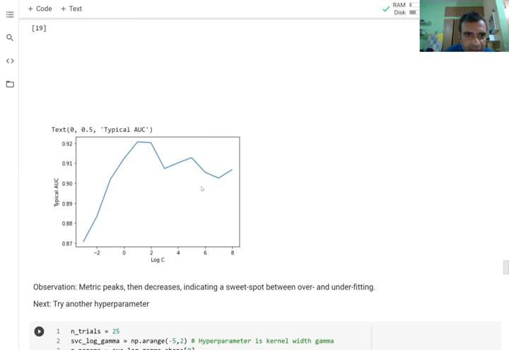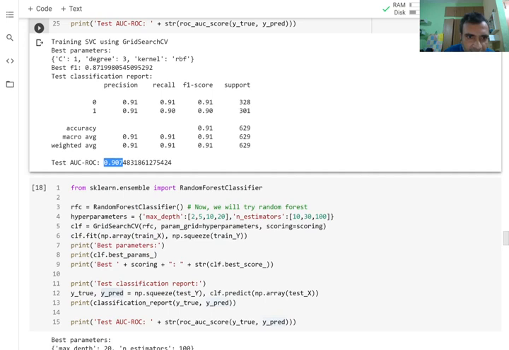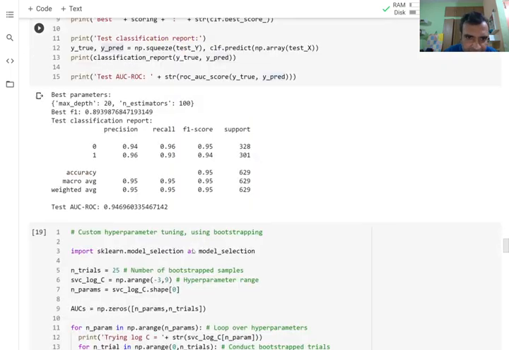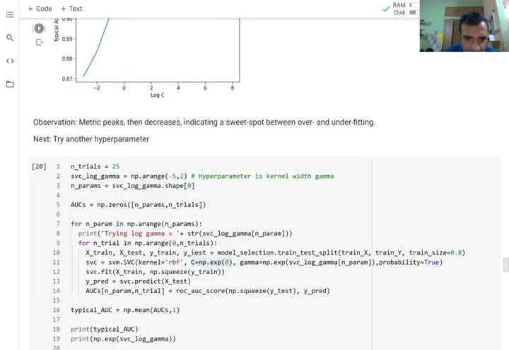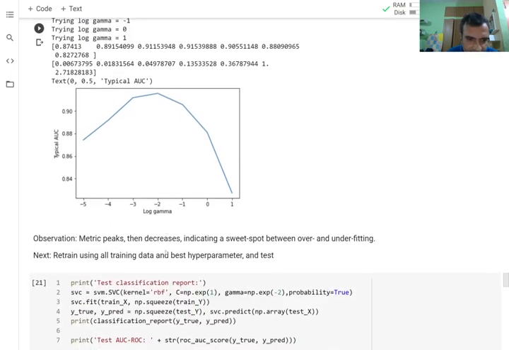Earlier with the complete automation, I had 0.91 and now I get 0.92. I get a slight improvement because I did a more rigorous way of finding the hyperparameters with the same model framework. Okay, so look at this. This is very beautiful. It gives you a single peak, but you will not always get a single peak.